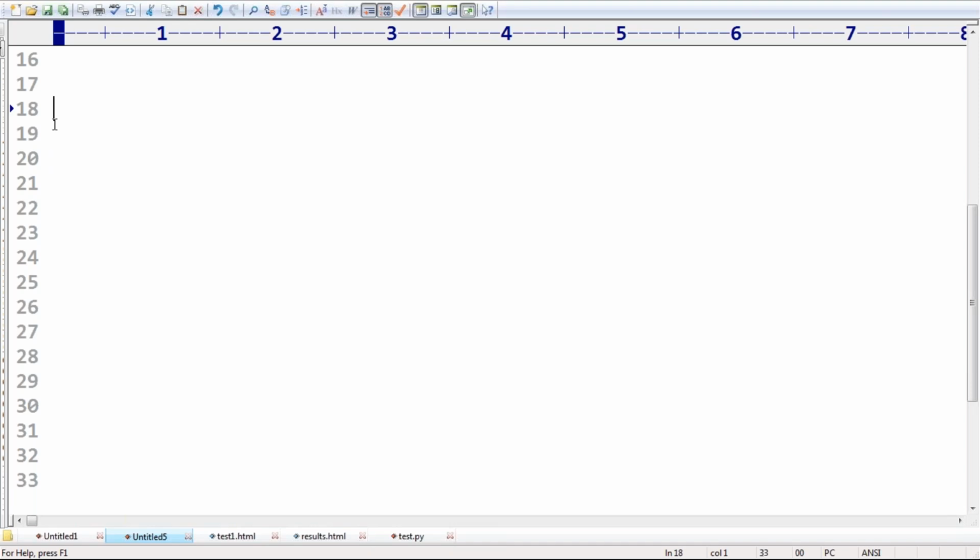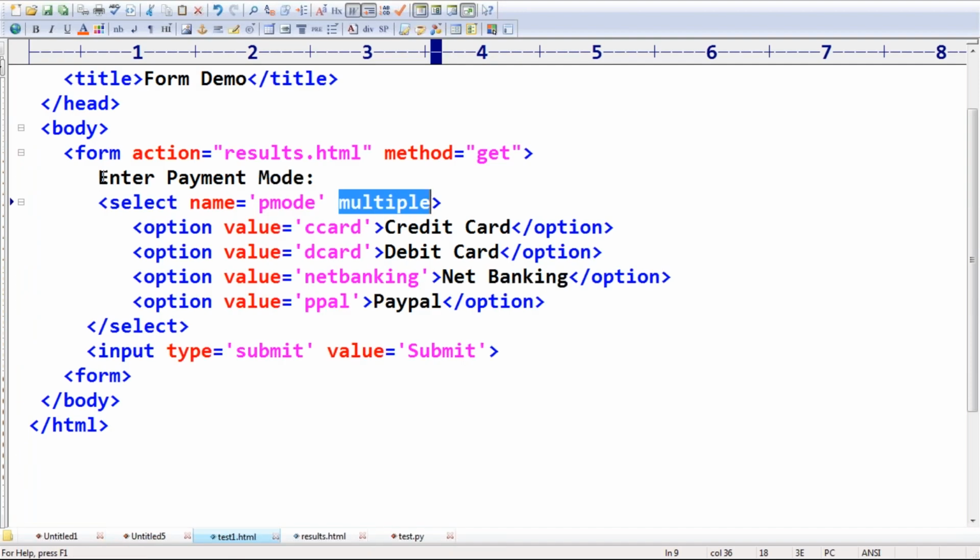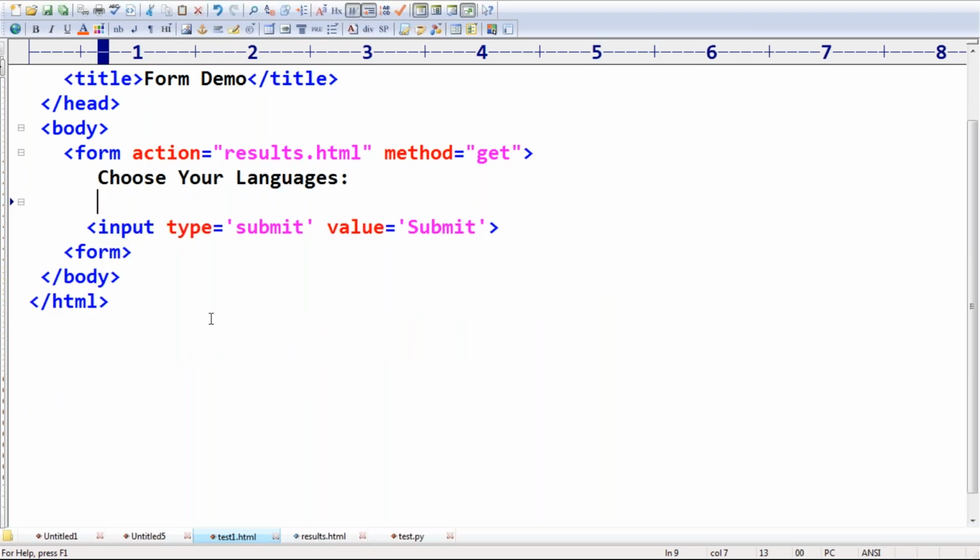Checkbox, let me talk about that. It may be the last of the form components. How can you define a checkbox? It is again the input tag only. Sometimes you want users to choose their known languages, or which languages you know. Very simple: input type is equal to